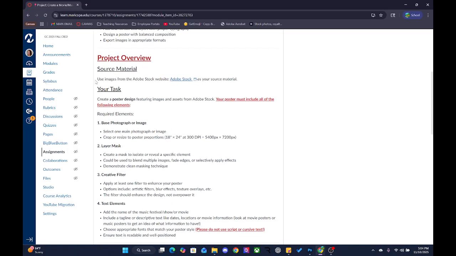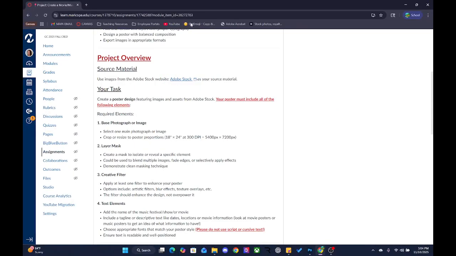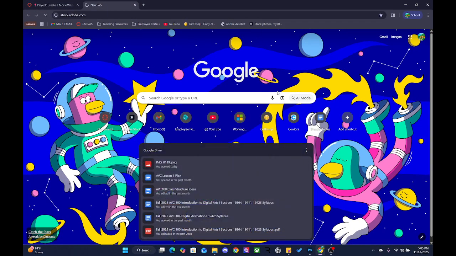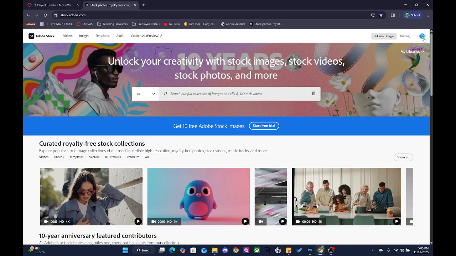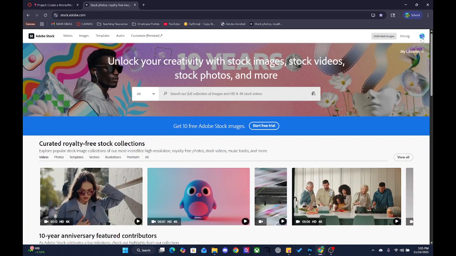Project overview. A majority, in fact, all of the images that I used and all of the assets that I took were from Adobe Stock. So I want you guys to be using Adobe Stock as your website here. Just go ahead and click this link. When you open Adobe Stock, you should be greeted with a web page that looks like the following. And if you are signed in to your Adobe account on here, if you click up in this upper right corner, usually it will tell you